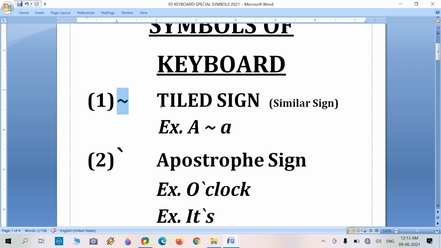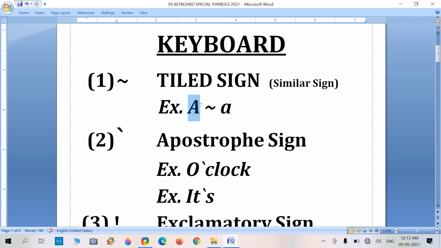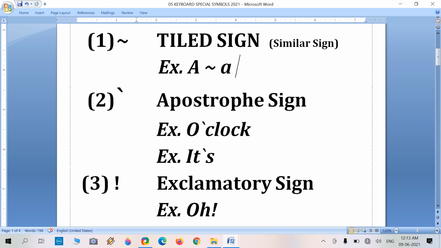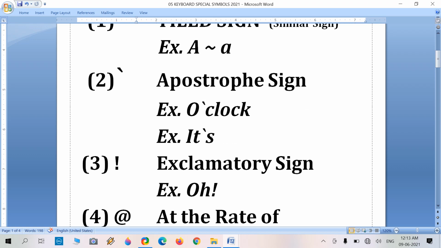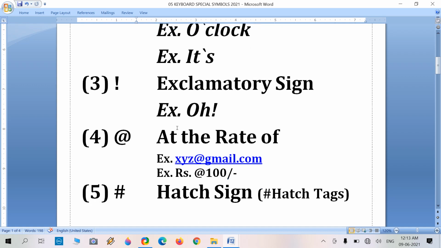This is known as the tilde sign. It is also known as the similar sign. It means similarity, meaning capital A and small a are both the same. This is the apostrophe sign, for example we use o'clock or it's. This is the exclamatory sign, like the exclamatory terms we use in English grammar.